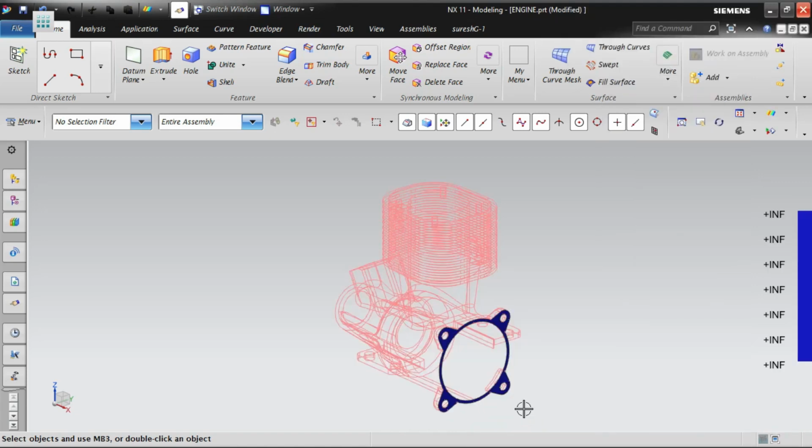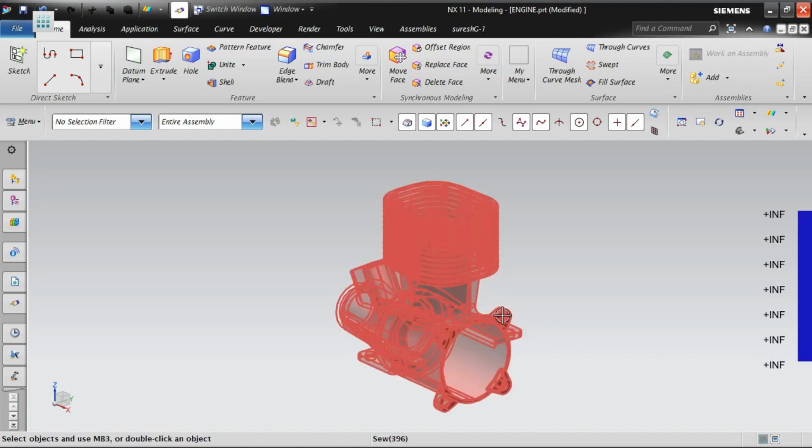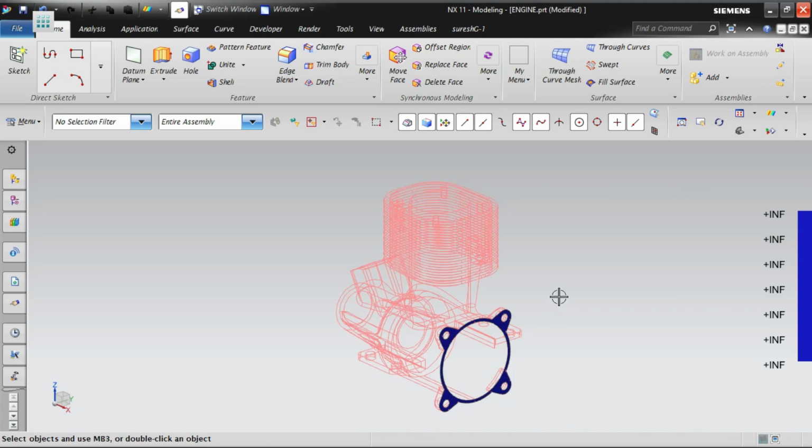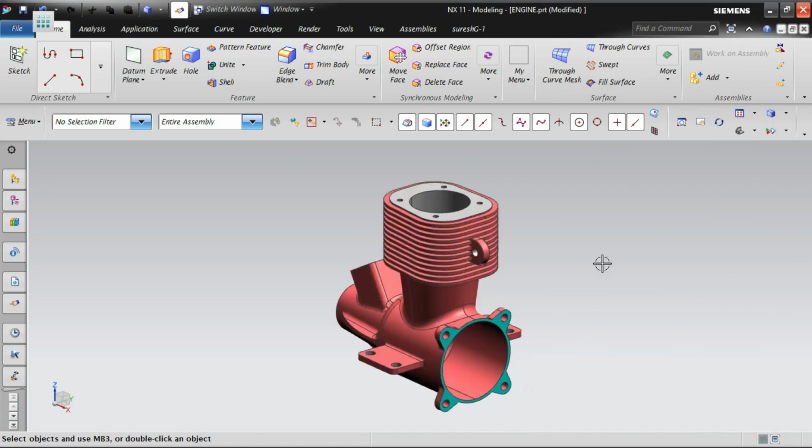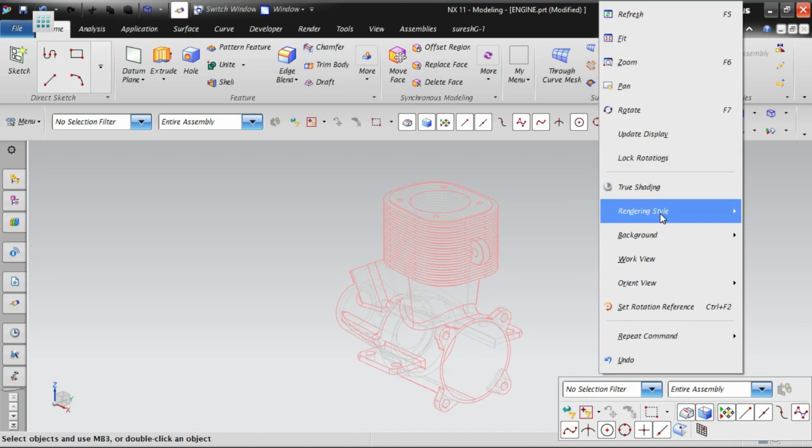So by this way the partially shaded and the face analysis are used. Generally the partially shaded option will be used only for the purpose of assembly. In the assembly, when we are looking at the model in the wireframe condition also, some of the faces we may intend to show with a shaded condition. During those occasions only we will go for this partially shaded option.